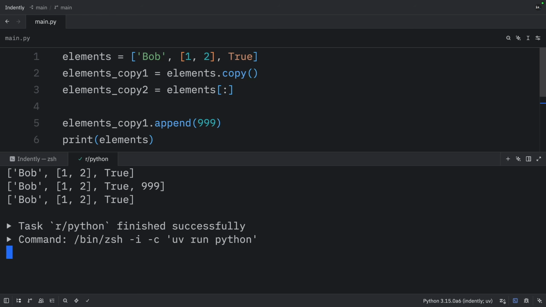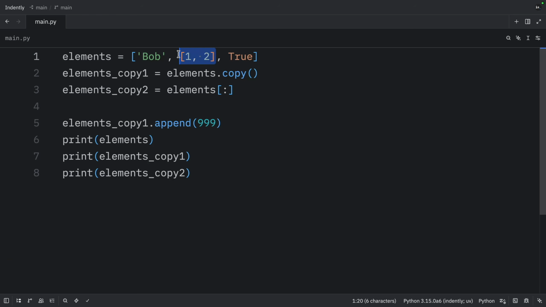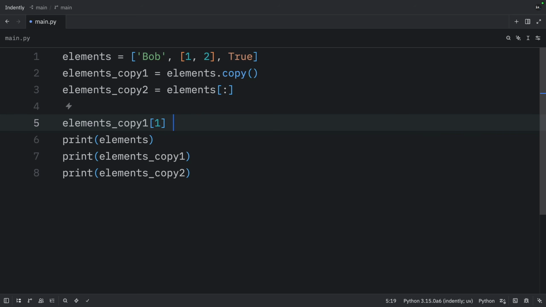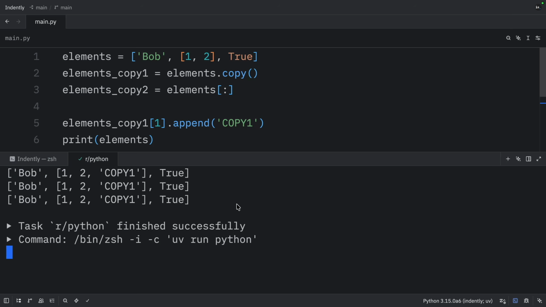There were no issues here. But now let's try to append an element to this nested list in copy 1. So instead of appending 999, we're going to index the element at the index of 1 and append the value of copy 1 to it. This time, when we run the program, you'll notice that this ended up modifying every list that contained that nested list,